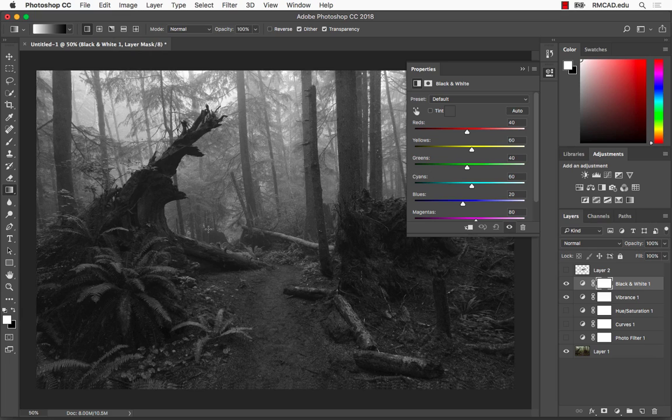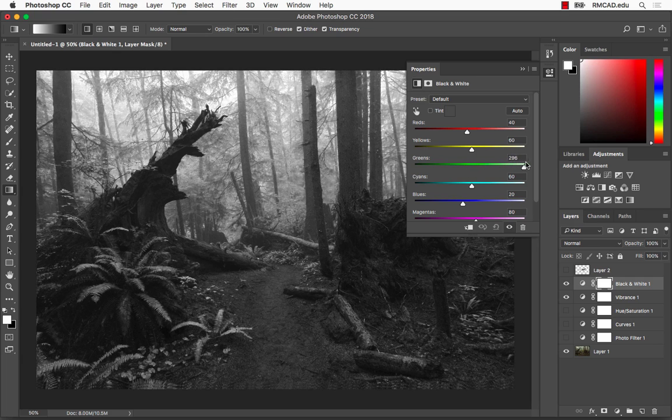So let's say I like this image, but I want to pull these details out a little bit more. I could take those greens and actually increase them. So now I have this contrast. Because I'm taking the greens and making them lighter, I'm making this more contrasted and making that part of the image a little bit more